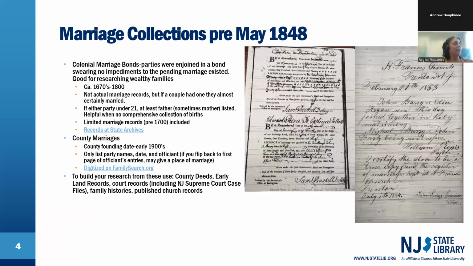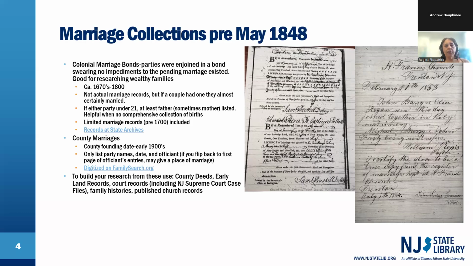If you are looking at vital records collection pre-May of 1848, the only one that exists are marriages. Unfortunately, there's no comprehensive collection of either births or deaths in New Jersey at the time. However, that does not mean you can't still build clues. So, two marriage collections that we have available to us